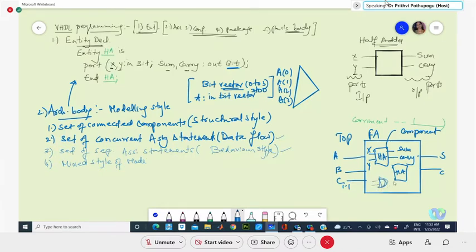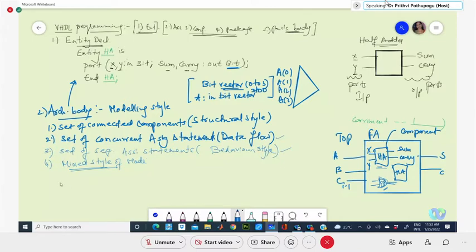Instead of taking a structure and defining, I can simply say that the output is equal to A or B, if you are taking a combination. That means it's data flow. So this you can take with a structural style, this with a data flow, or this with a behavior style, and combine them, it becomes a mixed style of modeling. This style of modeling is only a combination of the other three.